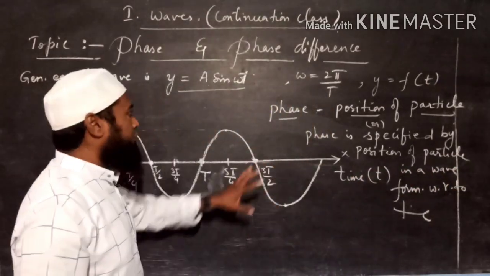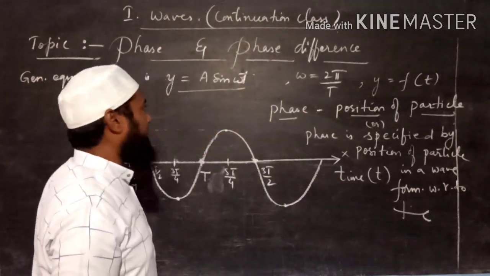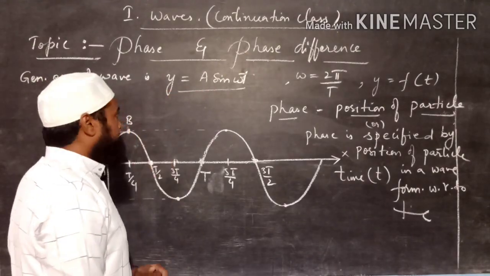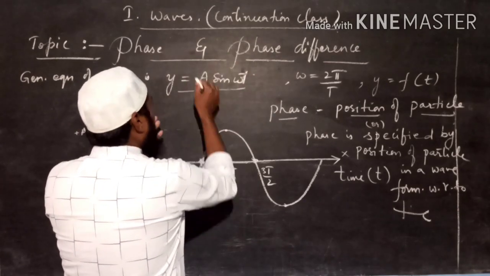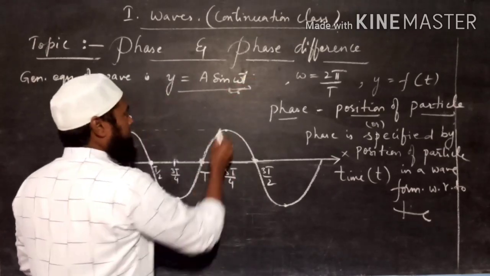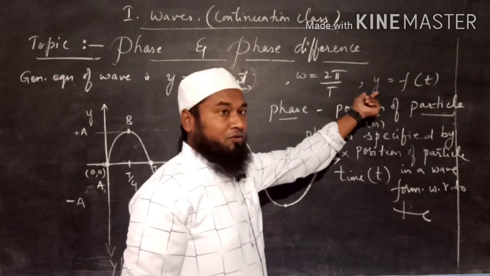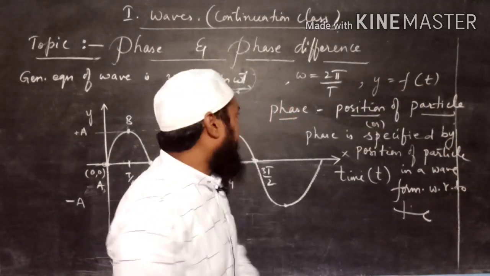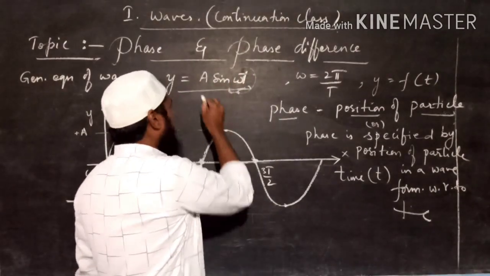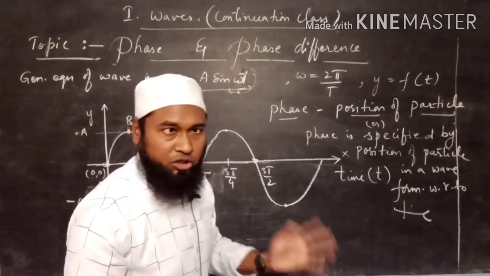Okay, now based upon this we can create a formula. How can we create the formula? See, the general equation of a wave is y equal to A sin omega t. In this, which term specifies phase? So omega t will specify phase. This omega t will specify phase because I just told you y is changing with respect to time. Time is attached to omega, and as time changes, the sine values will change. A is anyhow constant. Maximum displacement in upward direction, maximum displacement in downward direction.